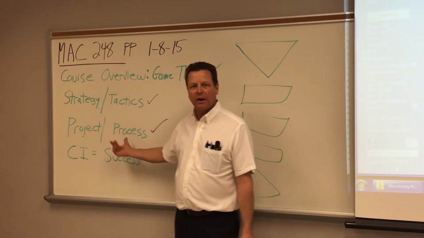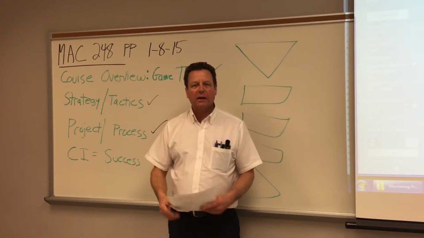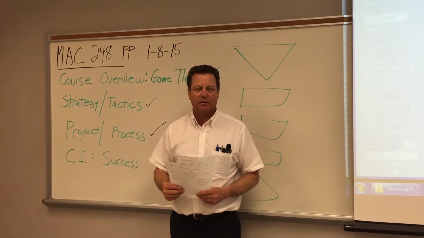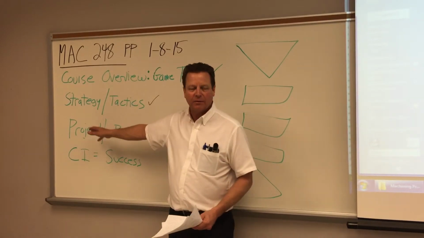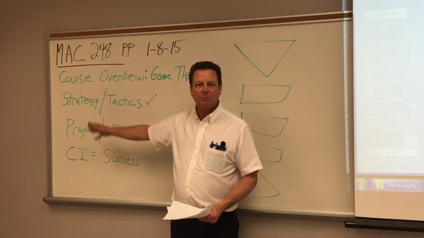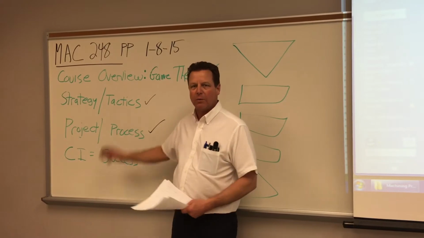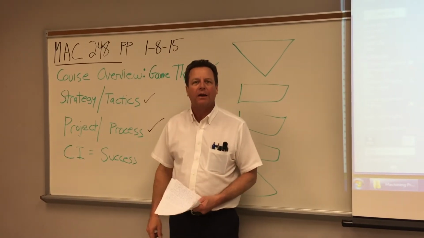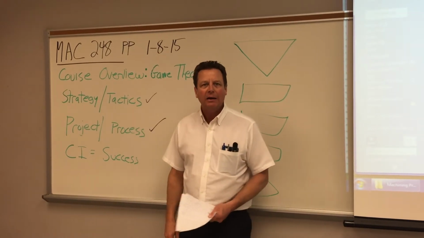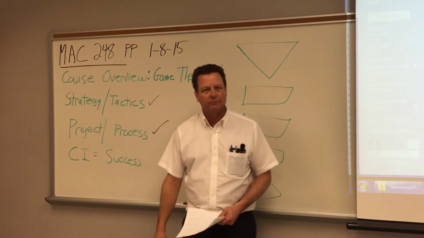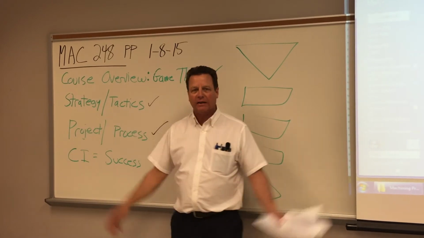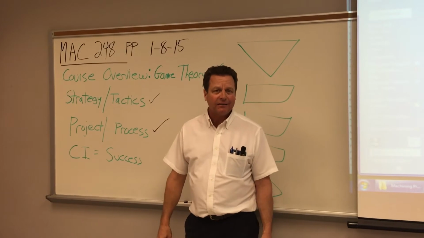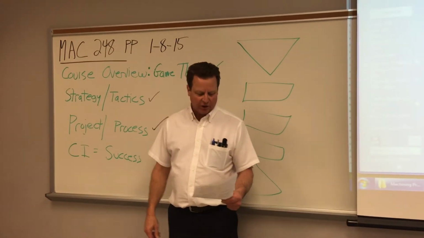The project and the process are how we get control of our projects and how we look at where improvements can come from. The project has a life. It has a beginning and a middle and an end in time. A process is a way of getting work done that has no real beginning or end. It's just something you apply in order to get a project done. So the project can be thought of as the high-level strategy, and the process can be thought of as the tactics to get the project done.